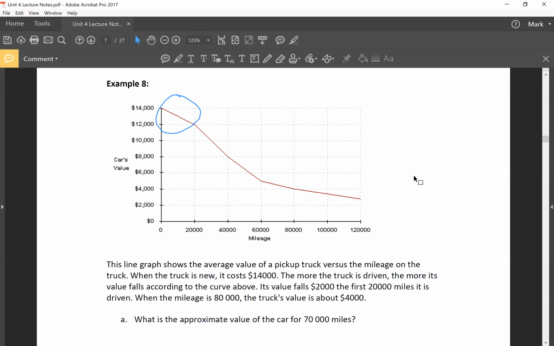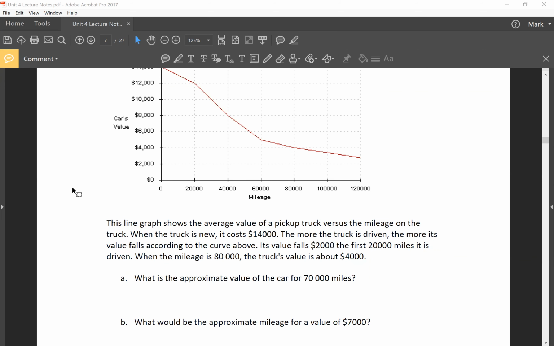Now, a couple things about this graph. The value is given in dollars, which I'm going to assume is US dollars. For me, if I was reading this in Canada, I'd probably say it was Canadian, but it's dollars. Make sure that you know it's not reals. And the other thing is that it's given in miles. So this is a very American chart. In Canada, we would use kilometers. In Qatar, Middle East, the rest of the world would use kilometers. I think the Americans and the UK, for some reason, like to use miles. Anyways,